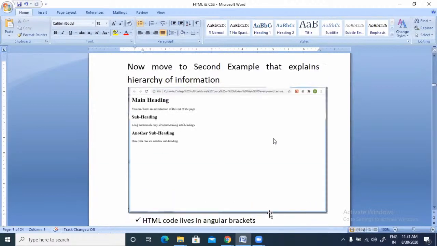So we are moving ahead to see how we can create hierarchy of information. Hierarchy means the very important one comes at the top, then comes the next important thing, then the next important thing, and so on with the help of headings. So if we want to create a document that contains different levels of headings,